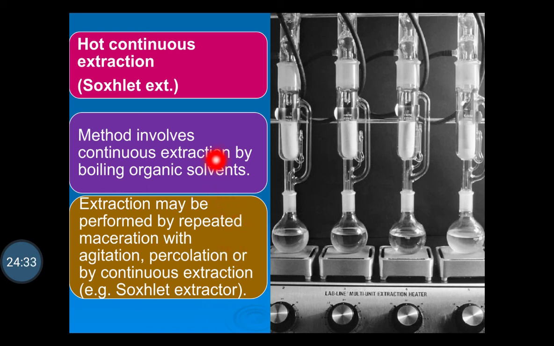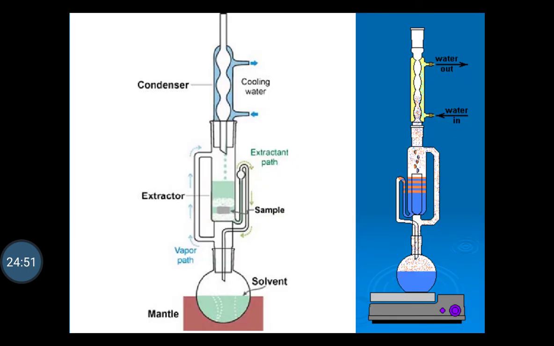So this is the Soxhlet apparatus. In industry, a series of Soxhlet apparatus is used, and in this case the same solvent flows repeatedly through the Soxhlet apparatus. So a lesser amount of solvent is required for the process of extraction. The Soxhlet apparatus consists of a round bottom flask, in which the solvent which is to be used for the extraction is placed.